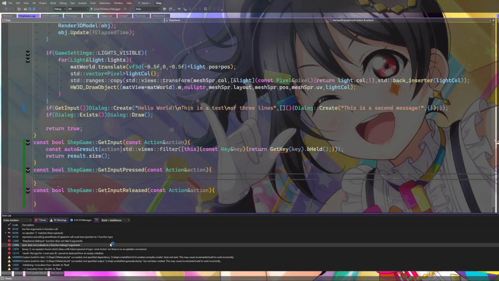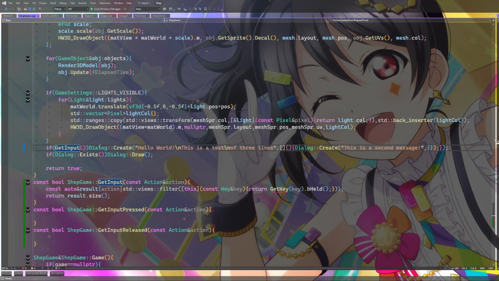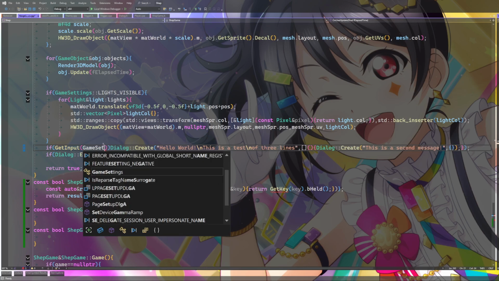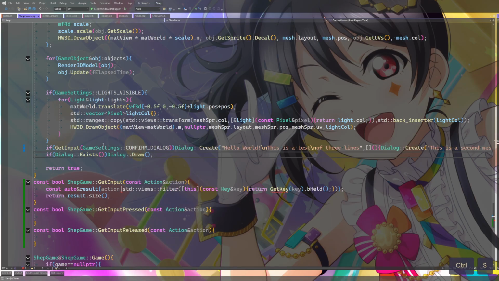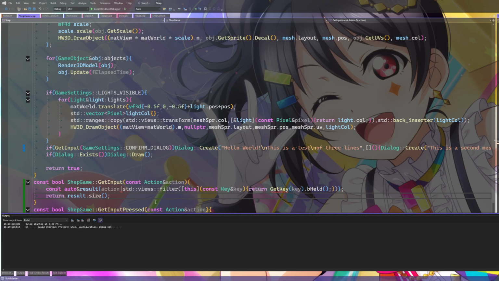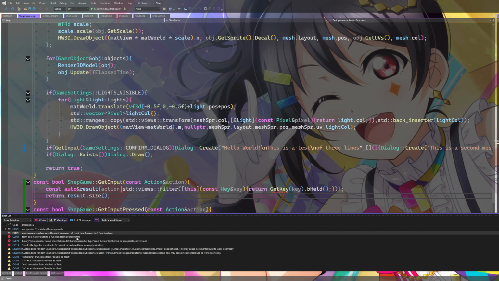Shep game get input function does not take 0 arguments. Oh, now we're down here. Get input game settings. Confirm dialog. Then we just have to solve this. Term does not evaluate to a function taking 0 arguments.